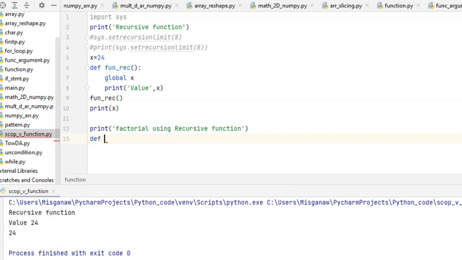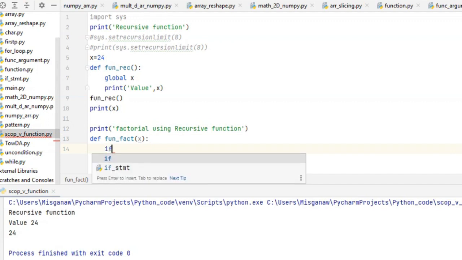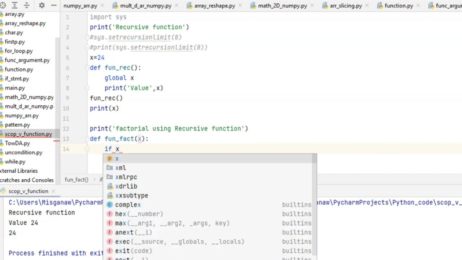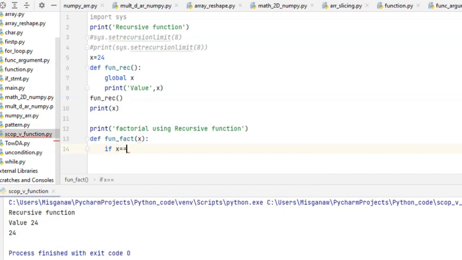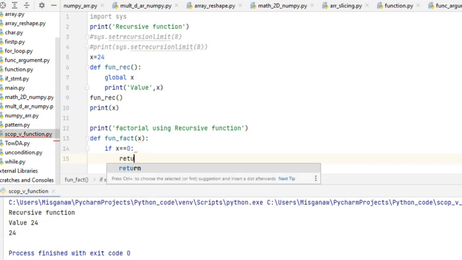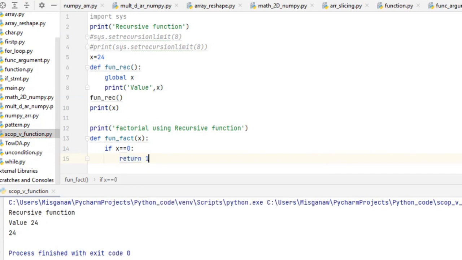Define fact with x. If x equals 0, or the value of x that I'm going to pass as the actual value is 0, the function should return value 1.